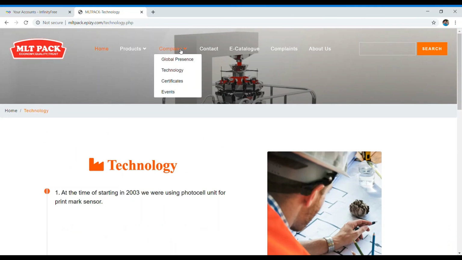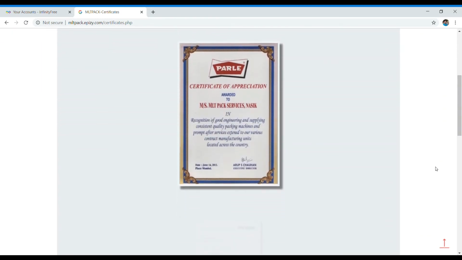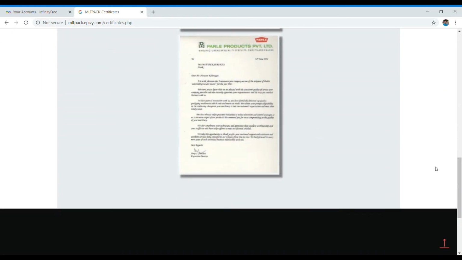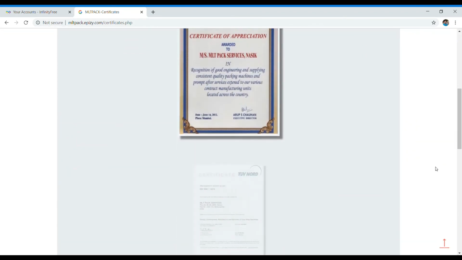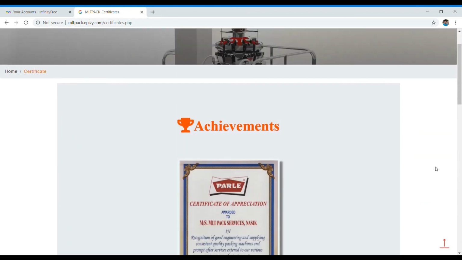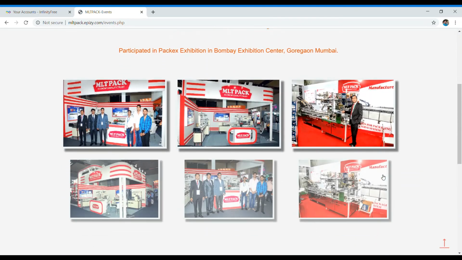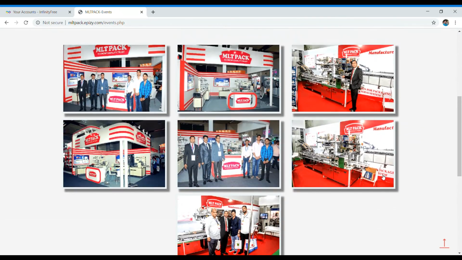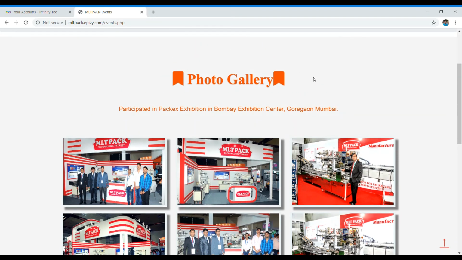Then the next page is certificates. These are achievements won by the company through different exhibitions and events. Then the next page is event gallery. These are photos from the exhibition held at Mumbai in 2015.